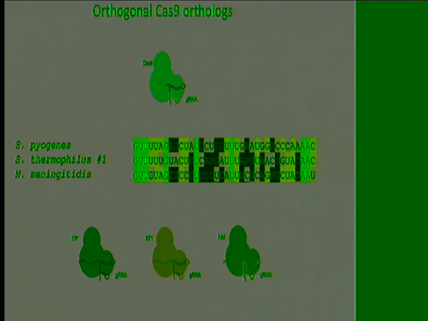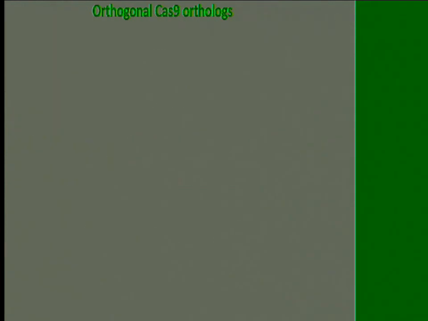So the idea was, can we have multiple Cas9 orthologs which have divergent CRISPR sequences that they bind, and then could they indeed be actually orthogonal in an experimental setting? And so how orthogonal are they in an experimental setting? So for instance, here you have 3 different Cas9s, the SP, ST1, and NM, as I had identified earlier. And what one indeed finds is that if you take the SP Cas9, then it only has robust targeting in the presence of its corresponding guide RNA and not in the presence of any of the other guide RNAs.